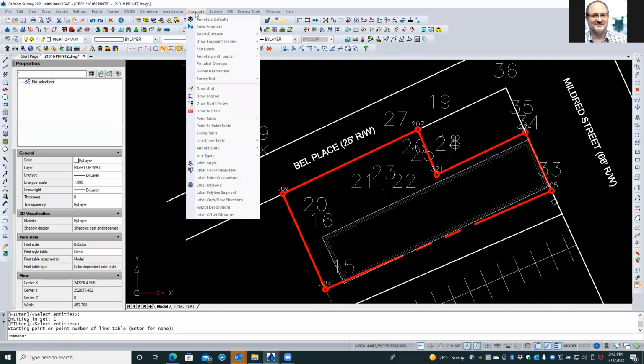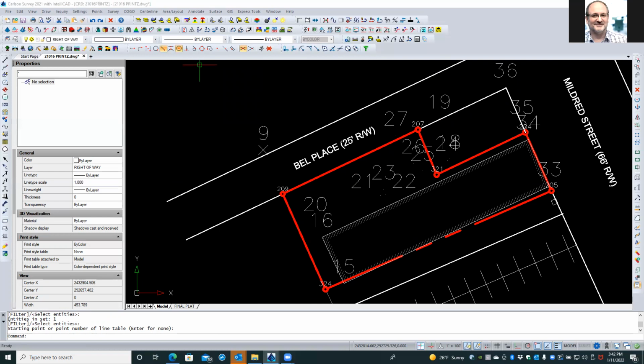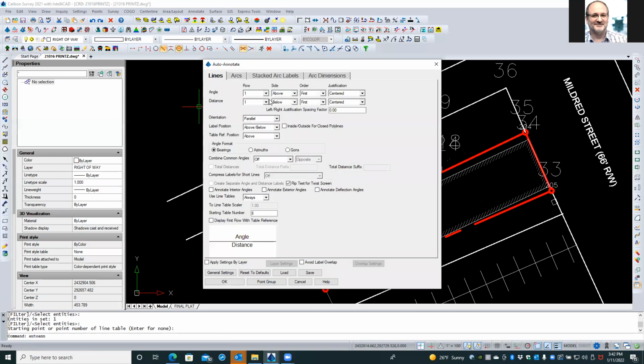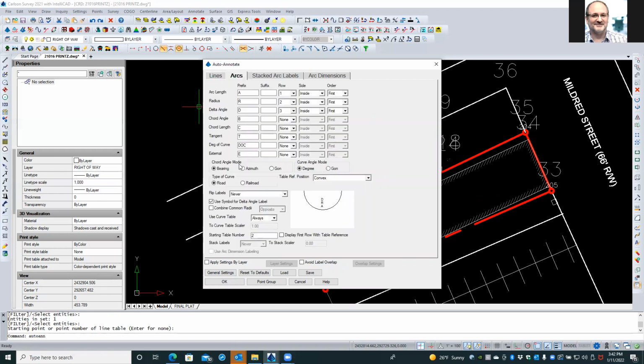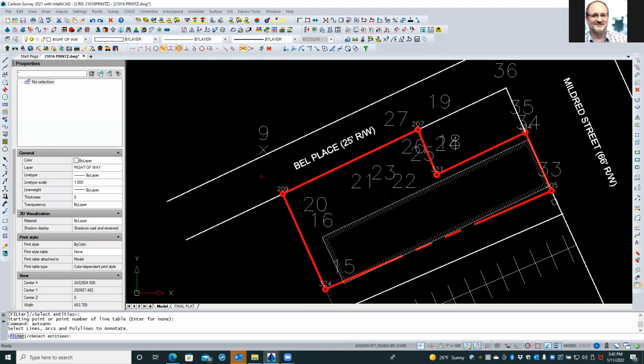Let me see something. Auto annotate. Let's turn this to never. That was left over from the last time we ran it. Remember, we did that table. Okay, yeah. So now let's try it. There we go. So when we look at that,